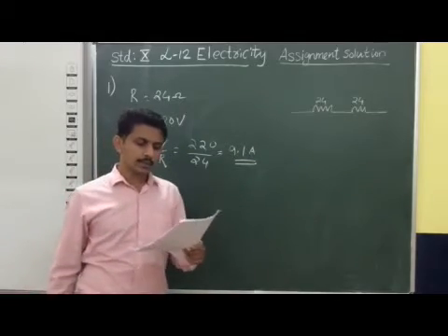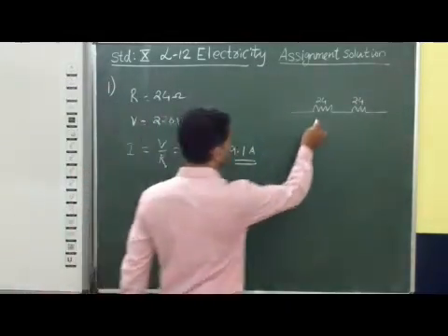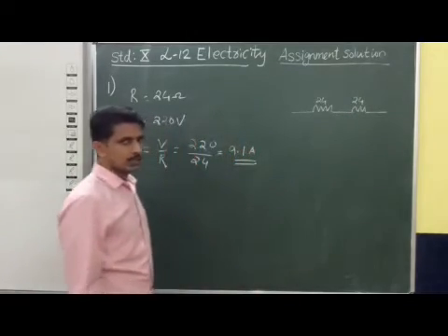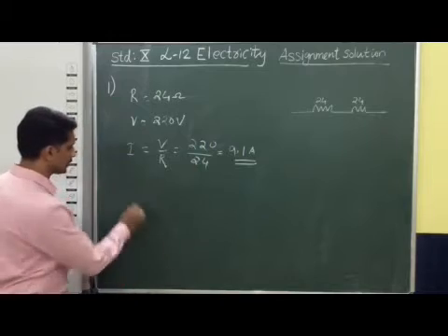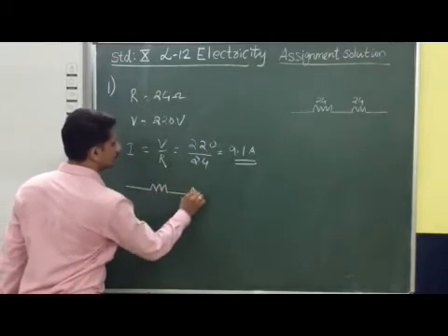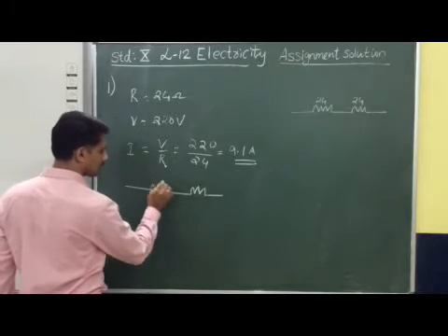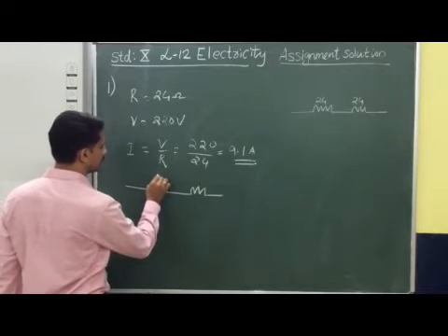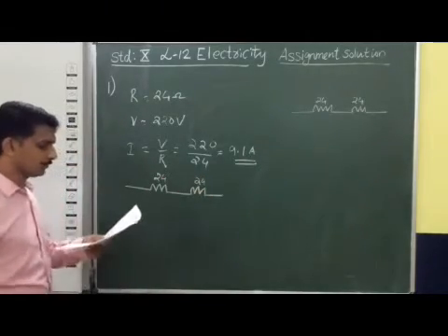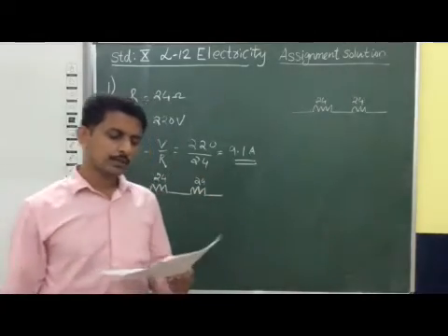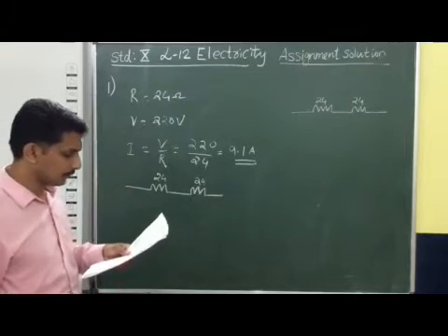Now the second part is they are connected in series. Now these two coils are connected in series, like this way. So in this case, what is the current drawn from this circuit? So like this way, two coils of this hot plate, that means resistance coils, are connected in series. So this is of 24 ohm and this is also 24 ohm. This is the way the two resistance coils are connected in series in the case of this hot plate.